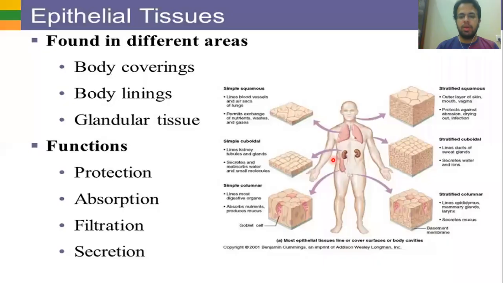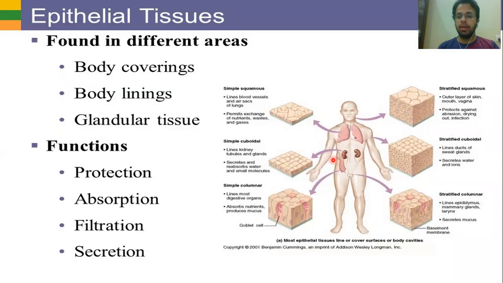In some areas of our body, in our body cavities, the epithelial cells are lining the inner part of the body cavities. In body cavities like the trachea, the esophagus, the stomach, the intestines. If you look at the esophagus, the stomach, and the intestines, these are the cavities, and the inner lining of these cavities is lined by the epithelial cells. So there the epithelial cells are present. Now in some glandular tissues, the glands, the lining of the glands is also lined by the epithelial cells.